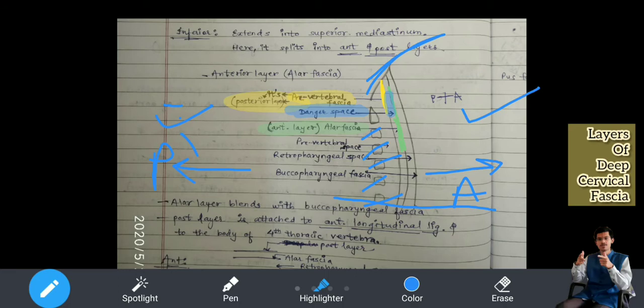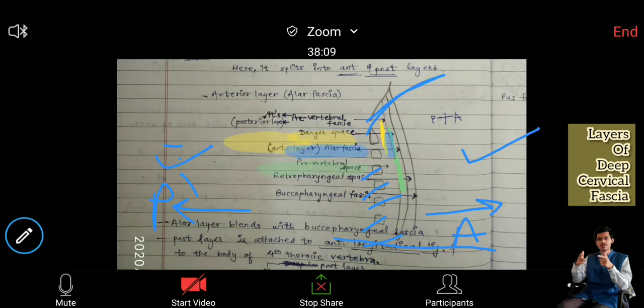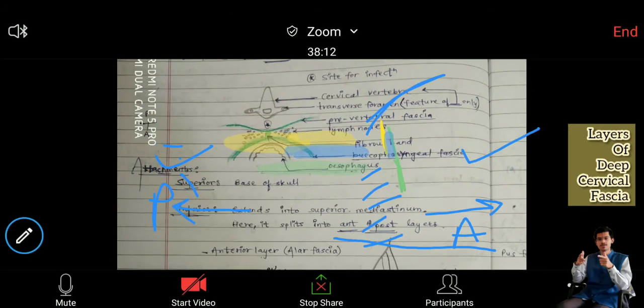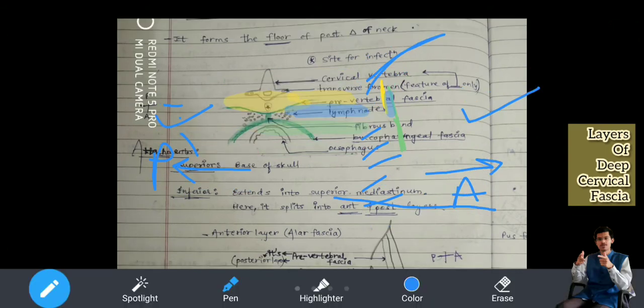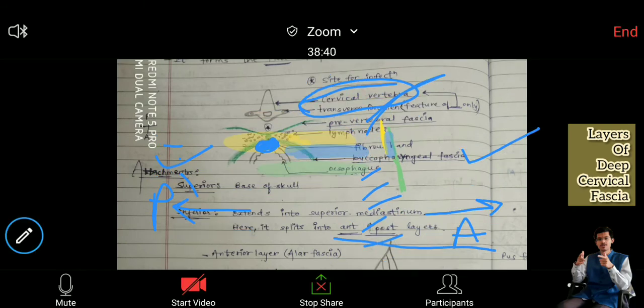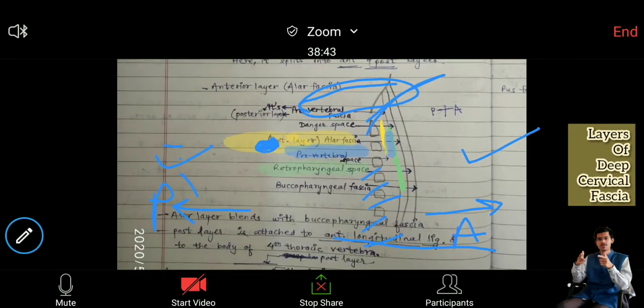Above, I had shown a triangle. Can you recall this? See, wait for a while. See this dot which I am making, and the site for infection that I had written. Are you getting it now? In extensive detail: between the posterior layer and the anterior layer of the prevertebral fascia, which is also known as the alar fascia, you have the danger space, because it is most prone to. Absolutely correct. Most prone to.